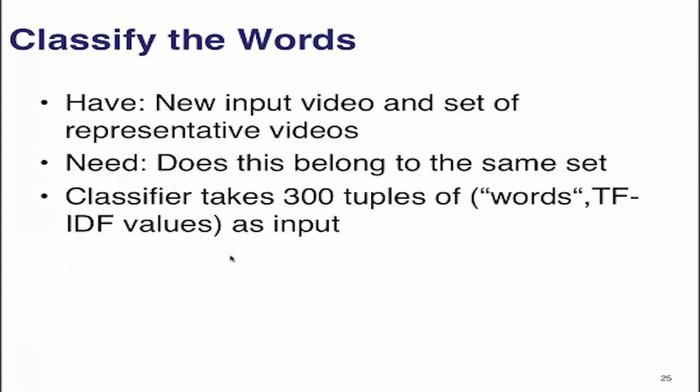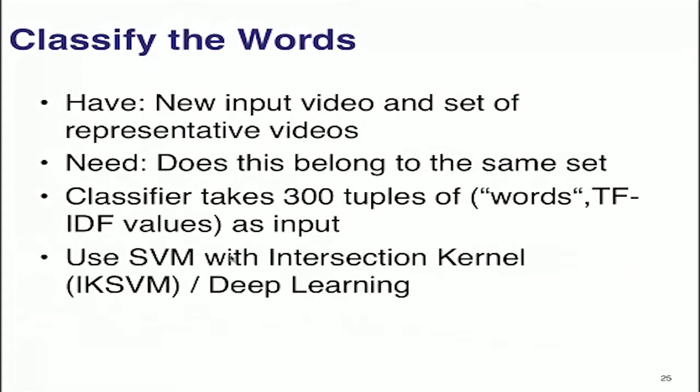So you don't have a classifier of n classes anymore for like catching a ball versus board trick versus fishing. You have a classifier for, hey, these are the words, right? So it's basically like document classification. So we could also say, hey, this video is both of these, because a lot of words belong to this class and a lot of other words belong to the other class. And so all we need to do for a new video is to basically extract 300 of these words and weight values. And then back then we used an intersection kernel SVM for the first experiments,